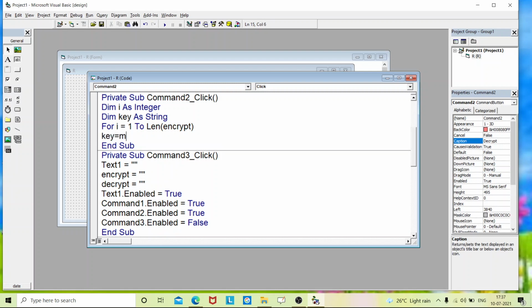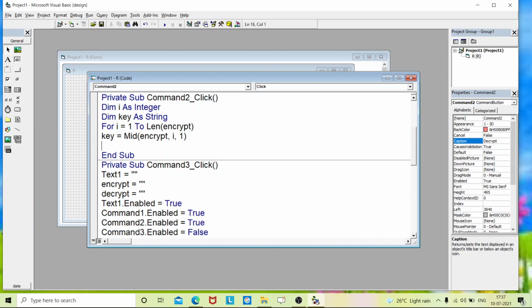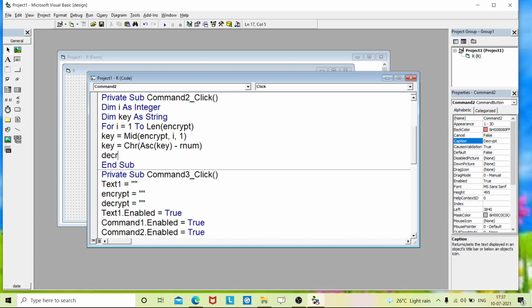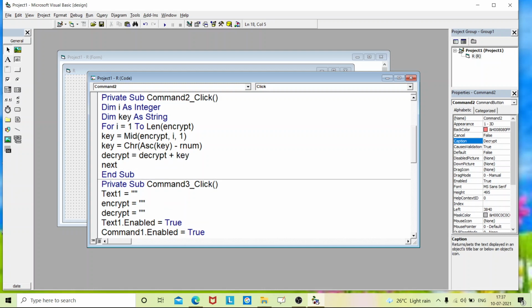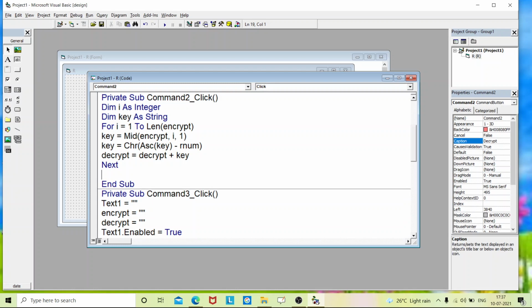Now key = mid of encrypt, i, 1. Enter. Key = chr of asc of key minus random number. Enter it. Now decrypt = decrypt + key. Now next. text1 = decrypt.